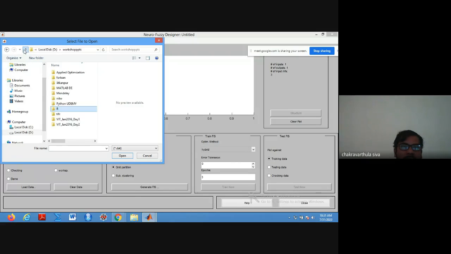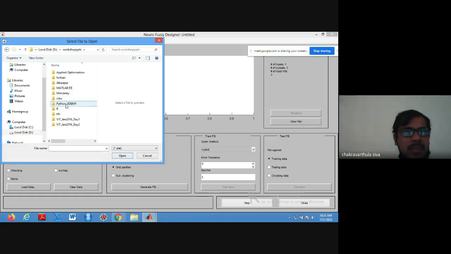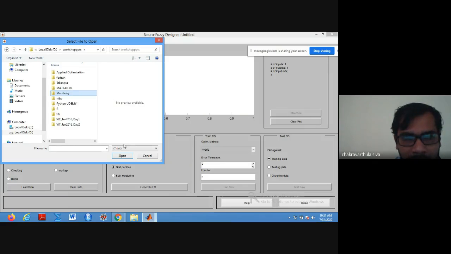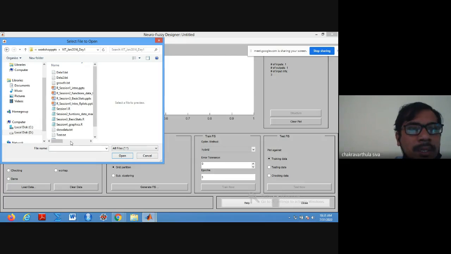I don't have files here. Sorry. It is taking only the DAT file, so you can select all files and then click on some data.